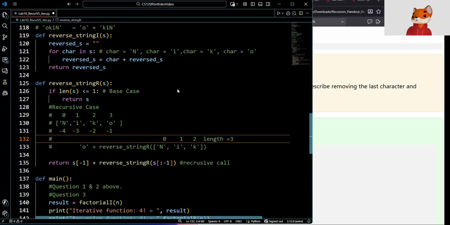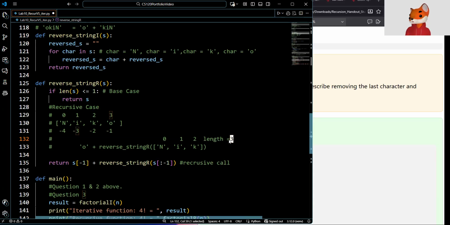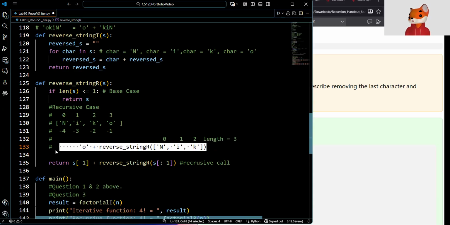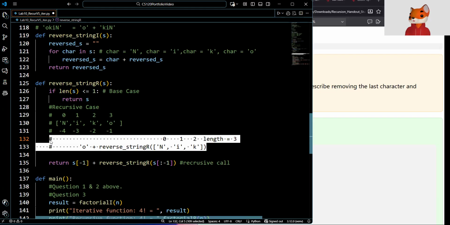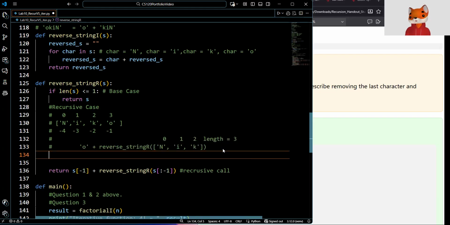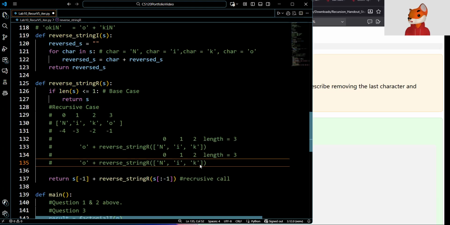So we know that it's not going to meet our base case. So what are we going to do? We're going to call this again, but instead here we have our O, which is prior, but this is going to have our K